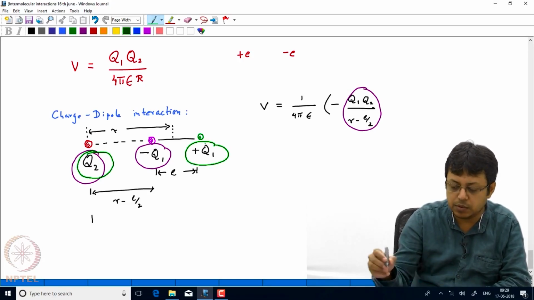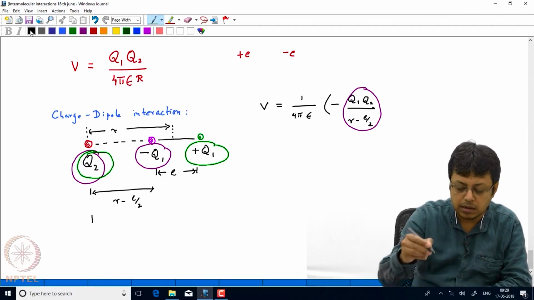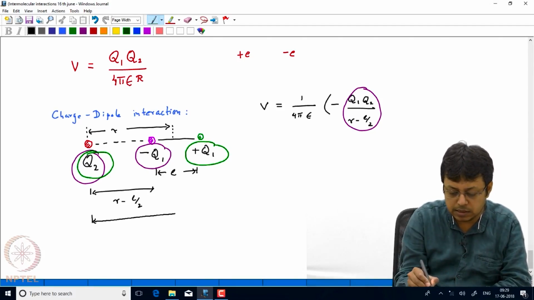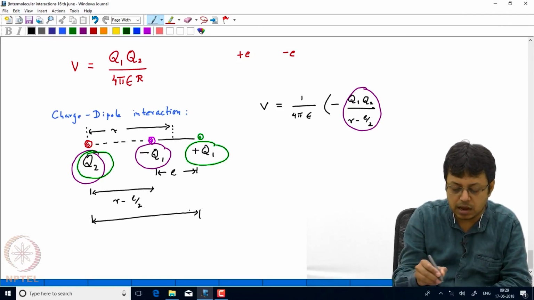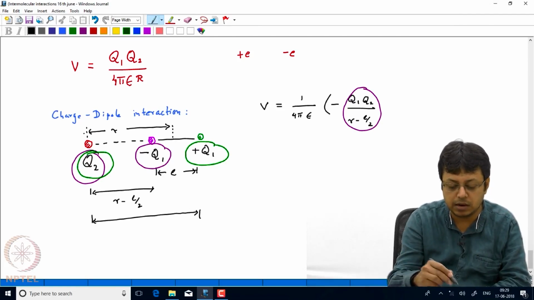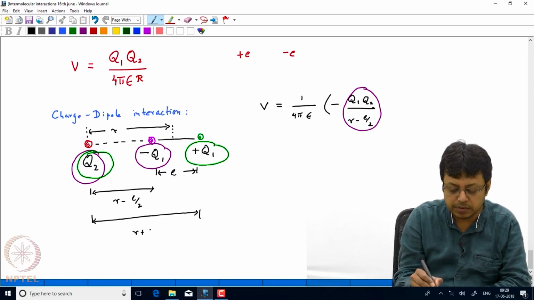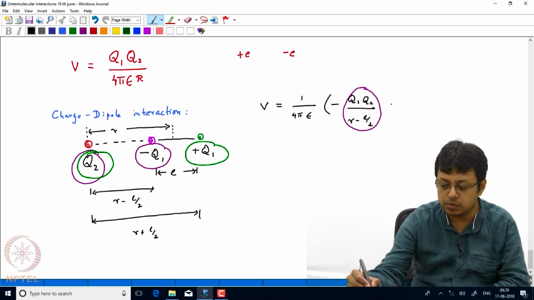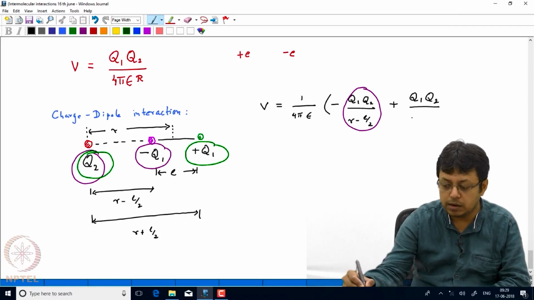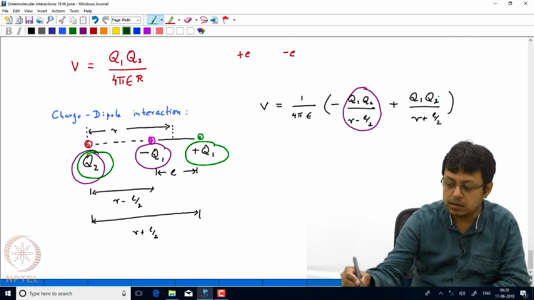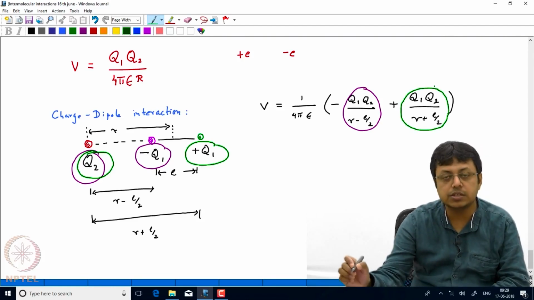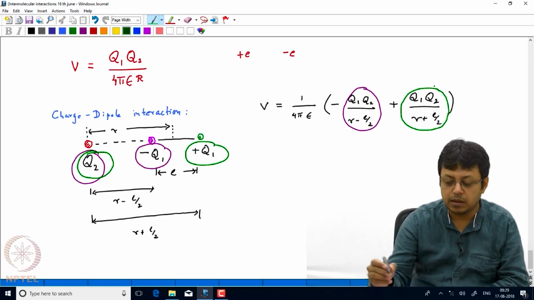and the plus Q1, which we are going to write, and the distance for that, as you can see, is up to here. So this is r, the internuclear distance, so the distance from the charge to the center of the dipole. So it will be an additional L by 2 distance. So the distance is r plus L by 2, and this time it is between Q2 and Q1. So we are writing Q1 Q2 divided by r plus L by 2. So this interaction is basically between the new charge and the positive end of the dipole, and then we can